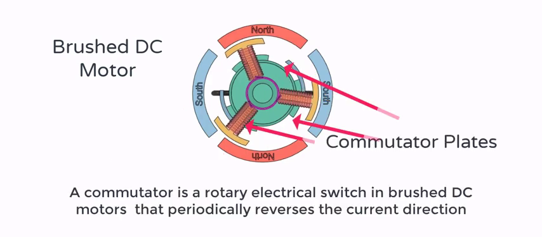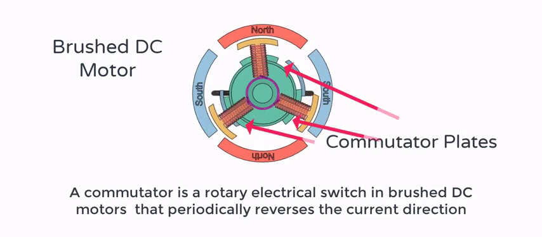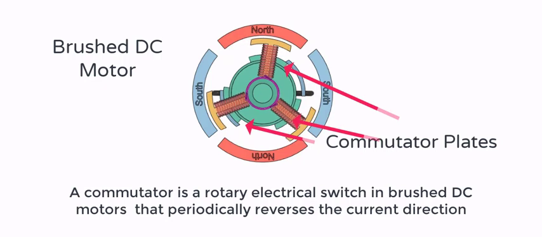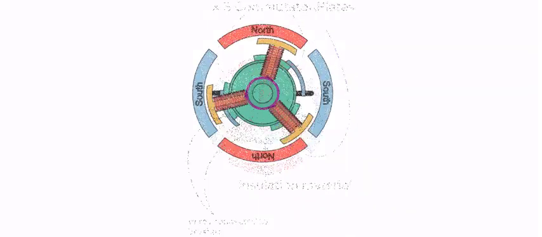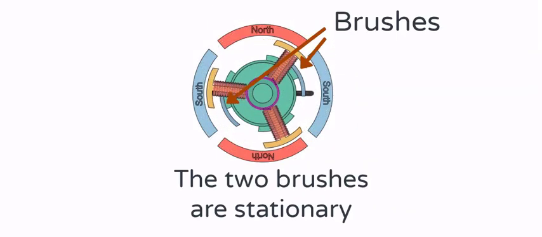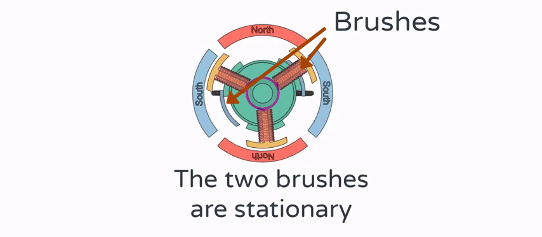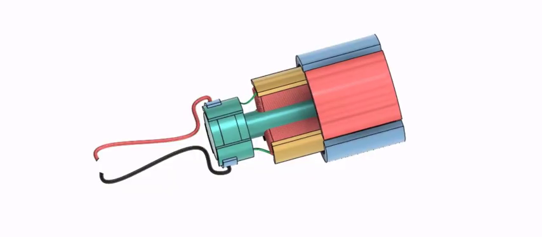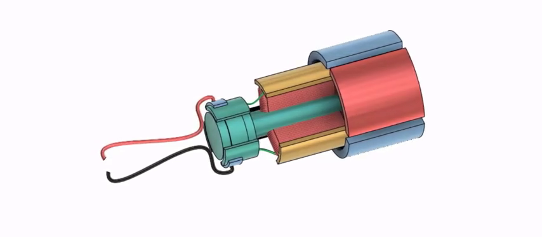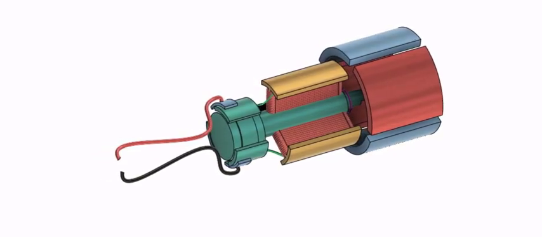Brushed DC motors have an additional crucial component called a commutator, which is part of the rotor. The electromagnets and their coils are also part of the rotor. As the name suggests, brushed DC motors incorporate brushes, which remain stationary and ensure that only two coils are connected to the electrical supply at any given time. It's important to note that this motor design is simplistic, created solely for the purpose of